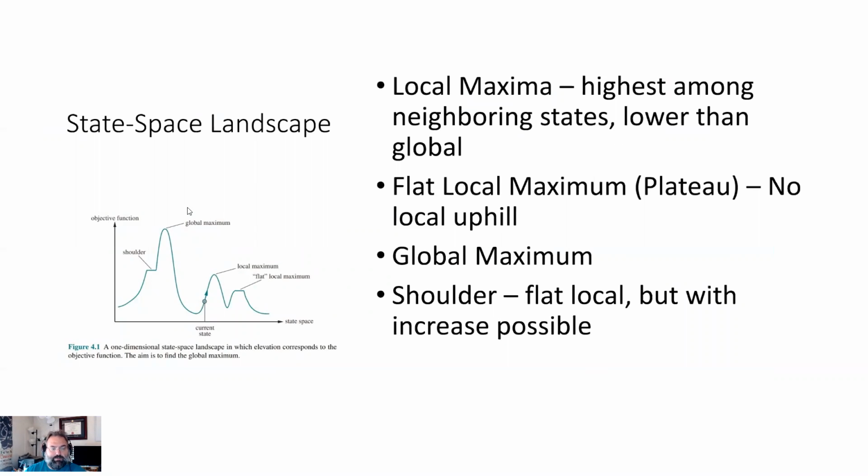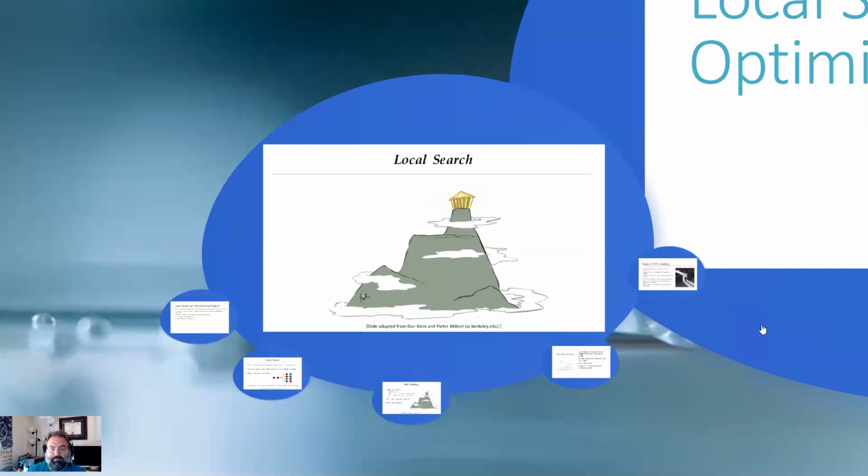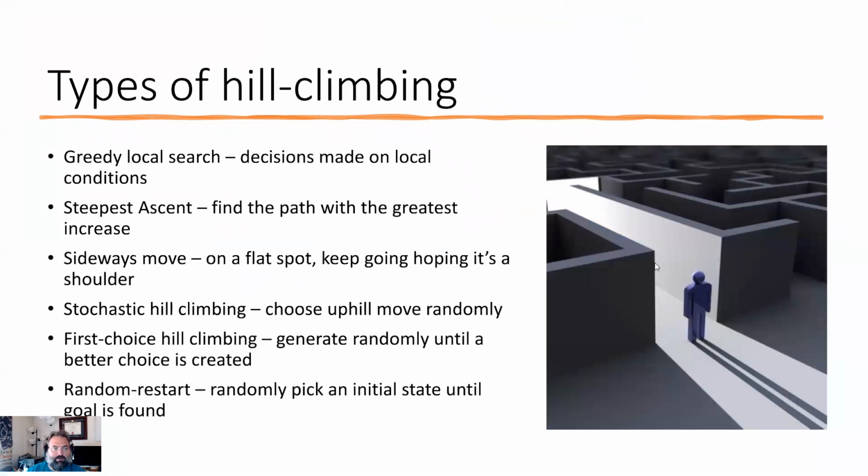Looking at that same thing in a different way with some fancy names of what these things are. You've got a shoulder, which is a flat spot that you may think is it. You've got the global maximum, which is where you would actually want to be, but you only get there if you start in the right location with this sort of approach. If you started over in the middle here, you may hit this flat local maxima without really ever having found the right one, or you might even hit this local maximum because you started and moved that direction. Part of the problem here is these approaches are random in nature, so your results may depend upon literally the roll of the dice of where you started.